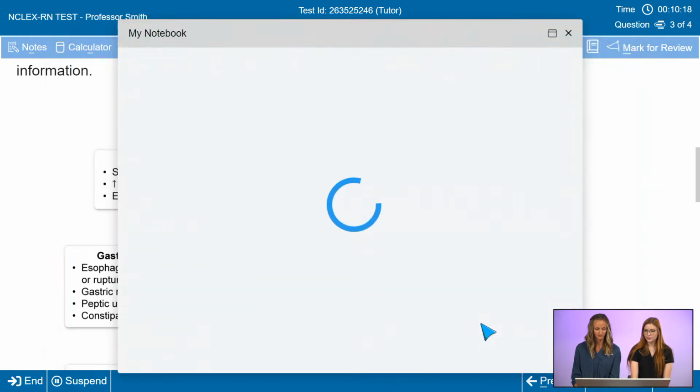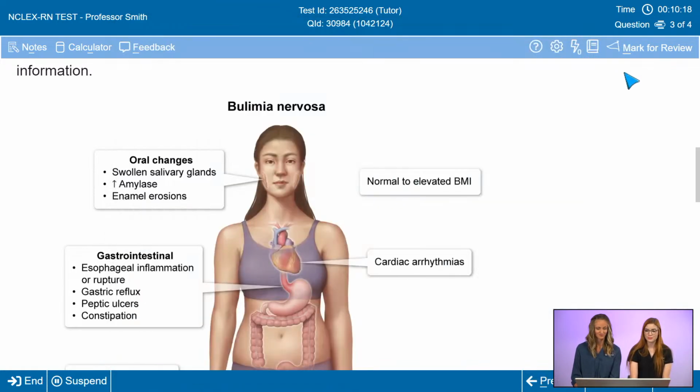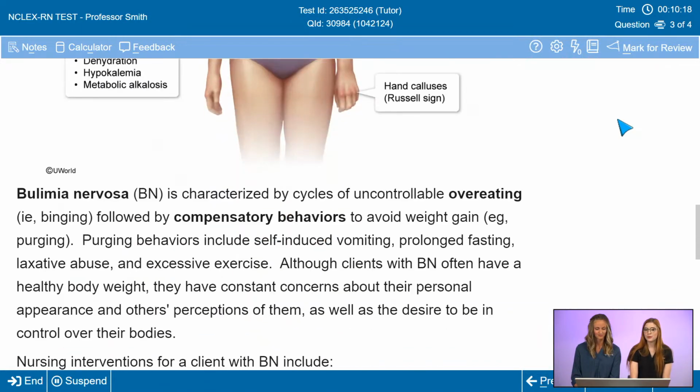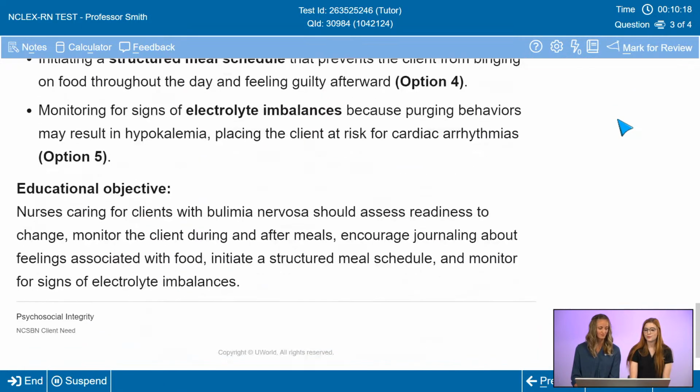So I love all our images here at UWorld. We'll talk about some more in a little bit. These are made in-house by our own illustrators, by our own graphics team, and so these are not going to be images you'll find anywhere else. All of the tables, like you've seen in the other questions, we make those as well. And all of the teams work together and have input to make those. And so it's a pretty cool thing that we get to make those and have that content for us.